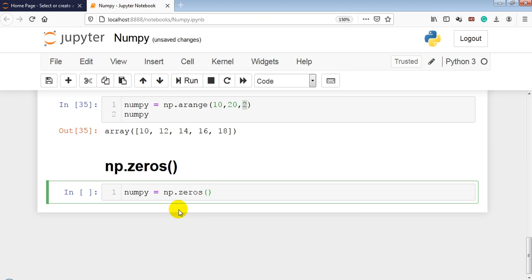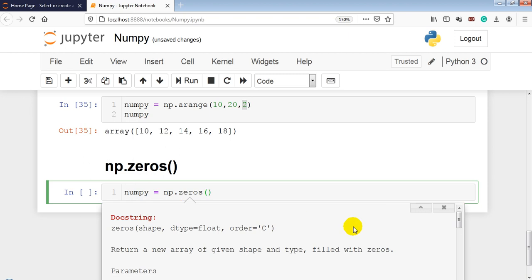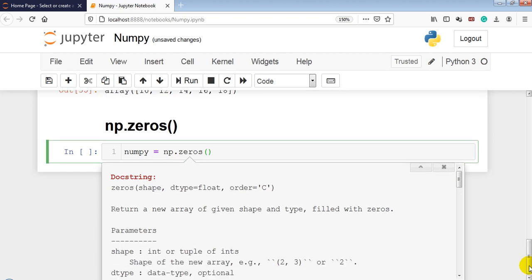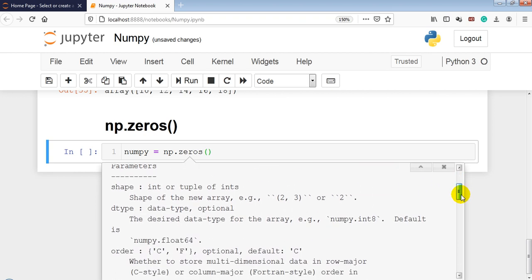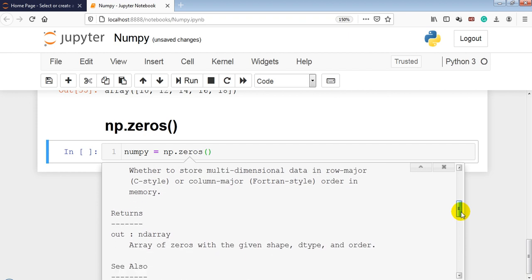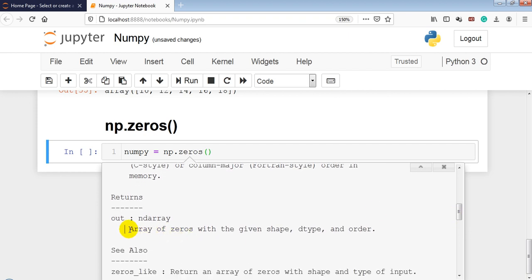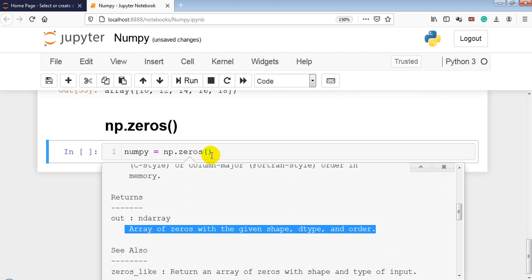Now when you press Shift+Tab over here, it will show you the supported parameters by this function, which are shape, dtype (by default float), and also the order C. It returns a new array of given shape and type, filled with all zeros. So it will return an array of zeros with the given shape, data type and order.